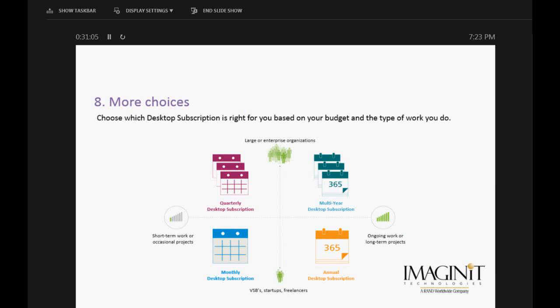You have more choices with desktop subscription, and there's really four ways to purchase the software based on your budget and the type of work you do. There's monthly desktop subscription. It's really great for freelancers, startups, and very small businesses that only need access to Autodesk software when working on a short project. Monthly desktop subscription also requires the lowest upfront investment,